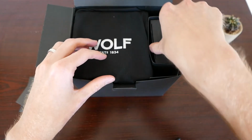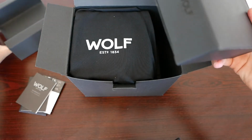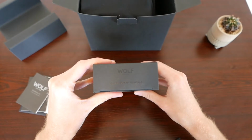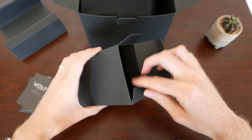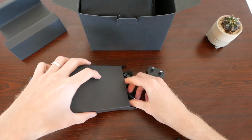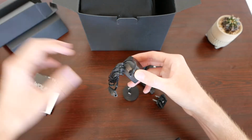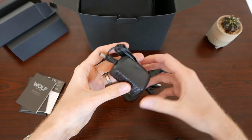Let's have a look and see what we've got in the box as well. So we've got a little side portion here. Let's move this to one side. So let's have a look, see what's in here. This looks like it's the universal adapter. And it sounds like there's going to be lots of different adapters depending on where you are in the world. I'm in the UK, so I'll be using the 3-pin plug. So as we can see, it's a proprietary connector. Would have been nice if it was USB, but